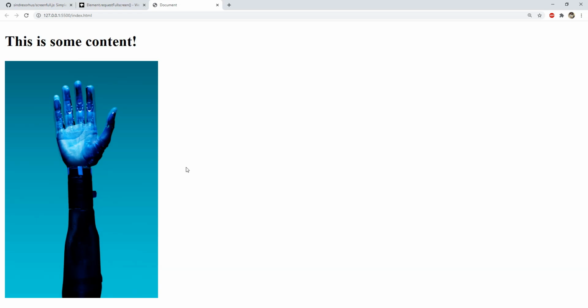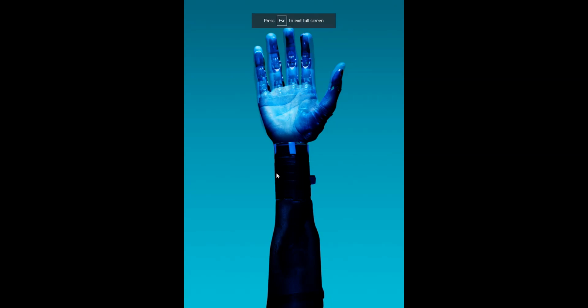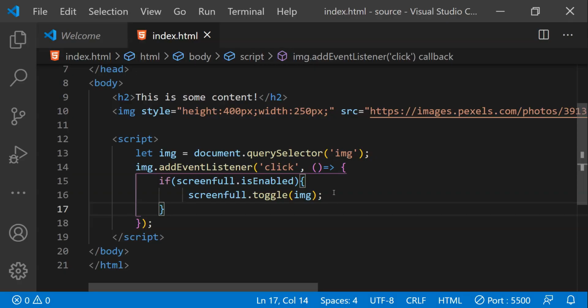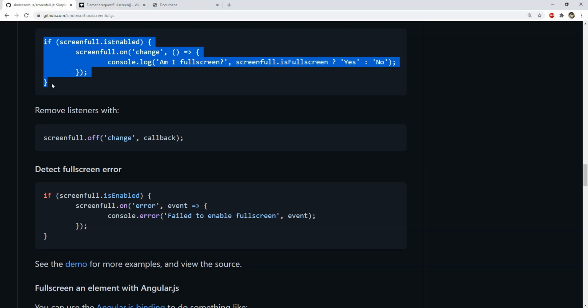So this is the image which the img element is pointing to. Now let's just click on this image. You can see that when I clicked on it, then the image has entered into the full screen mode. Now let's click on it again, and the image has exited from the full screen mode after clicking on it again. This kind of logic will work with any kind of element. All we need to do is to provide the element reference as an argument for this toggle function, and we are set.